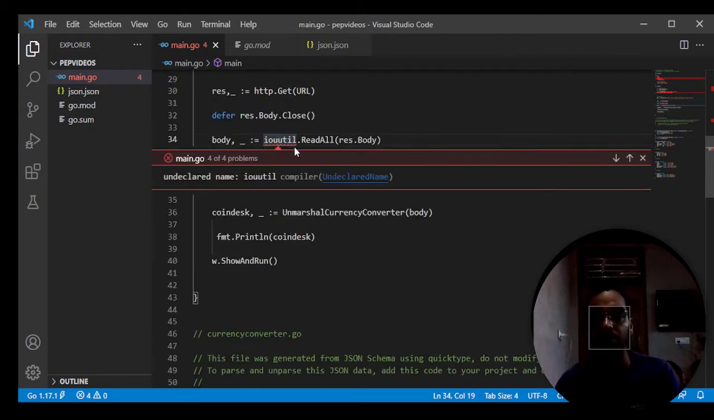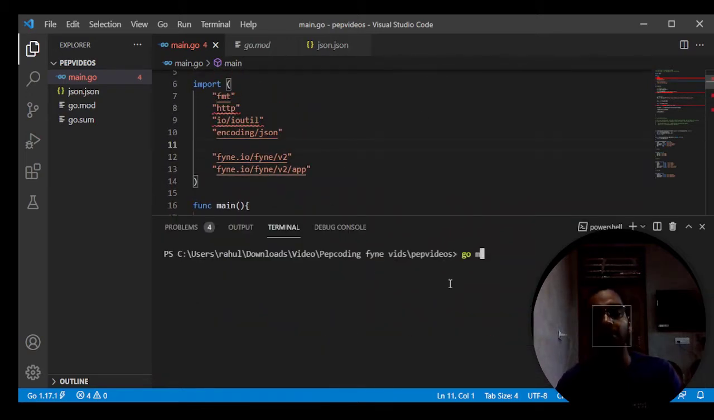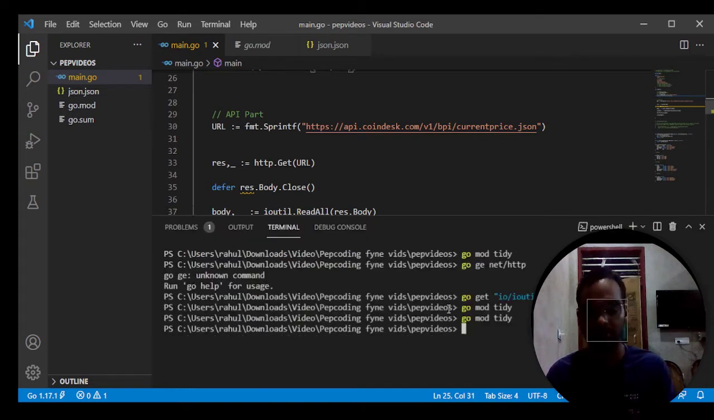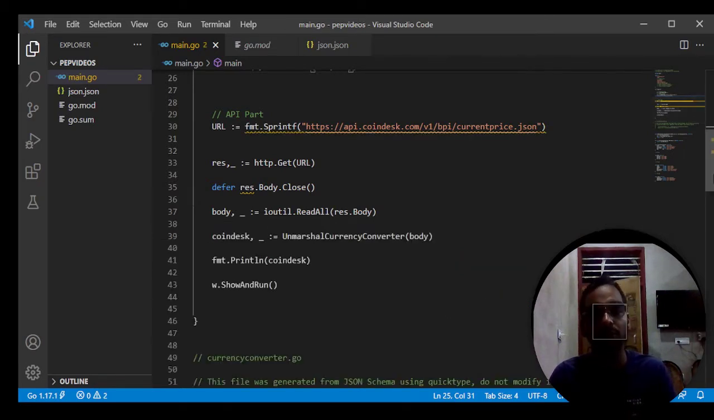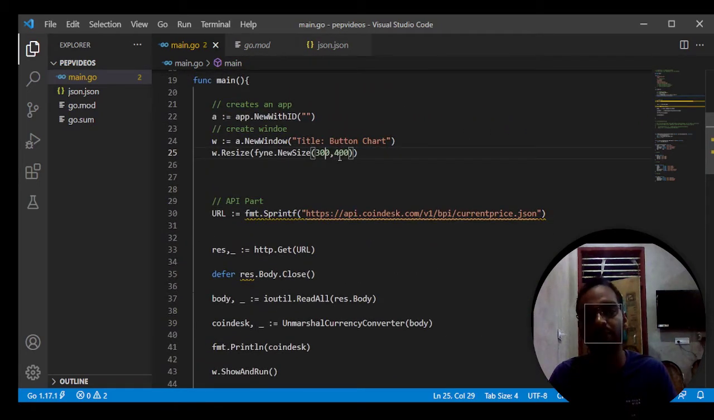What is this, ioutil? Undeclared name. How is this an undeclared name? So let's try to run go mod tidy to download all the dependencies which are listed but not present. I think it's correct. Let's run go run main.go. So a window will appear. It will have a title. The size of the window will be this,